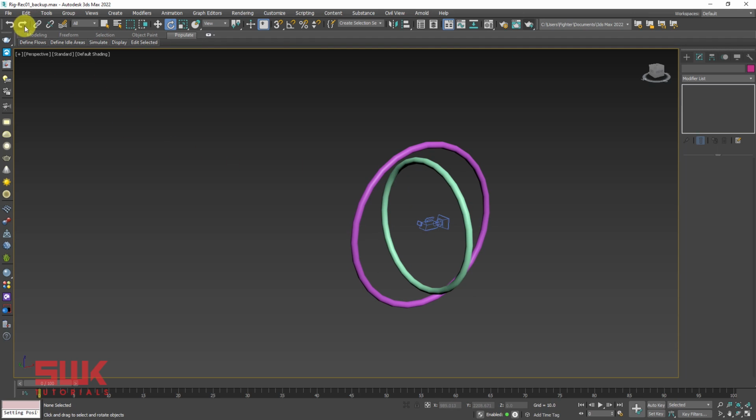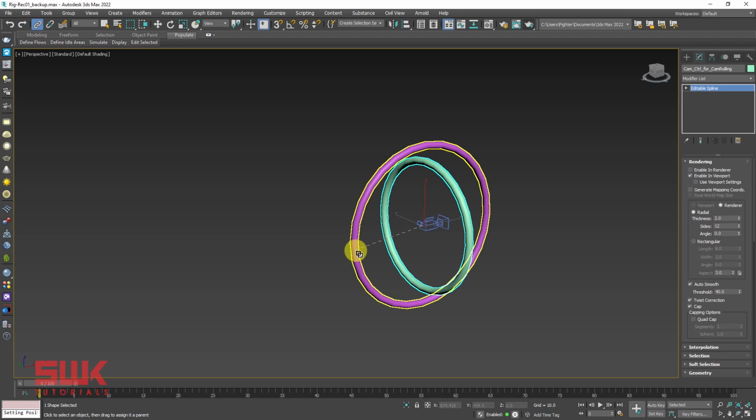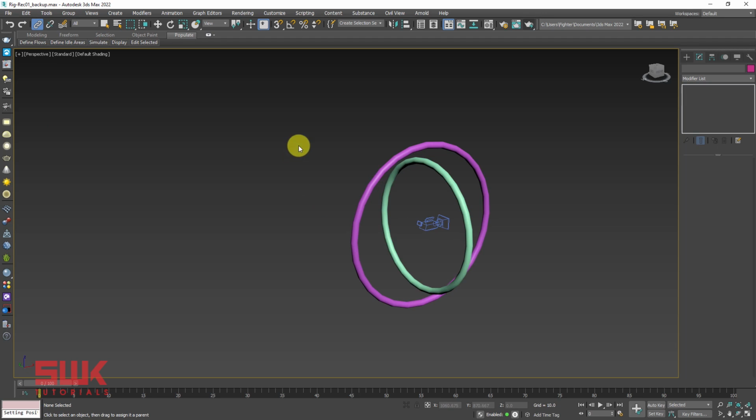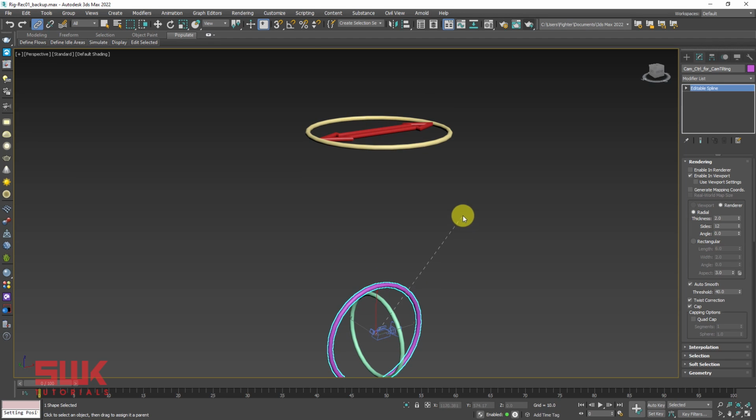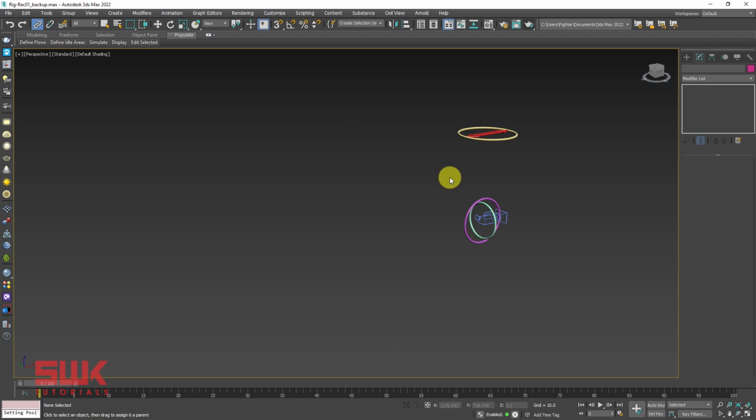Again, click on the side, click on select and link, left click here and very carefully drag it here. Now release your left click and your link is complete. Click on any side viewport. Now again, click on your tilt control, left click, hold it and drag it on the panning control. Again, left click on the side.